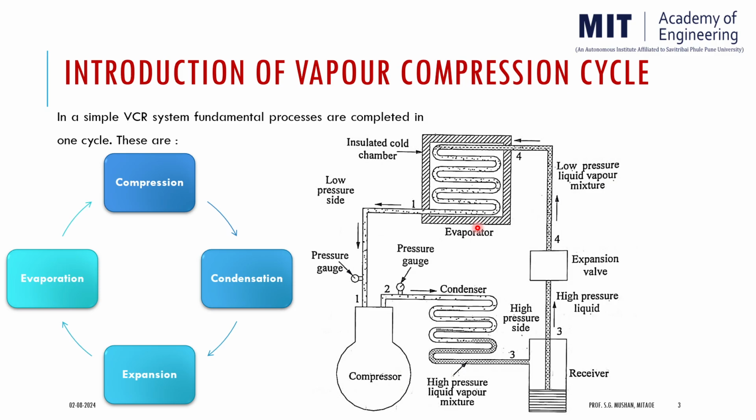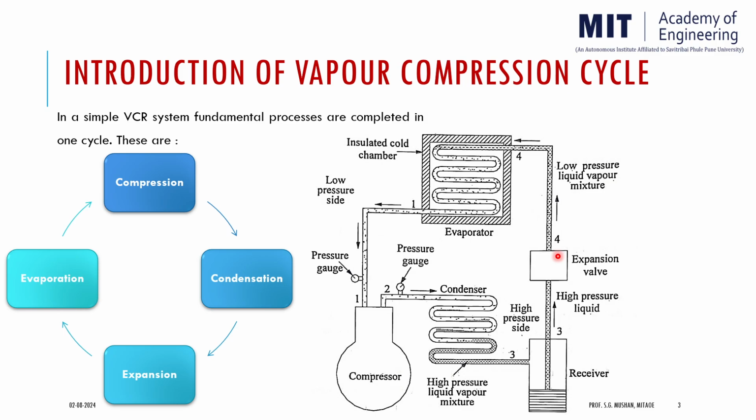So once we understand this cycle, now let's understand how to plot this process on the TS diagram. Before plotting, I just want to inform you that the compression process here will take place at adiabatic condition, means here entropy will remain the same. While the expansion process will take place at isenthalpic condition where enthalpy will remain the same. Okay, so these are the important parameters that need to be kept in mind while plotting the